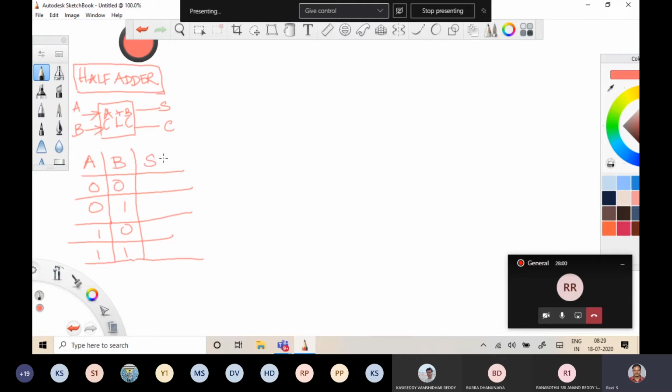So we are doing some binary arithmetic before going for the program and expression. Manual calculation of sum and carry. If I add 0 plus 0, my sum is 0, carry is 0. If I add 0 plus 1, sum is 1, carry is 0.